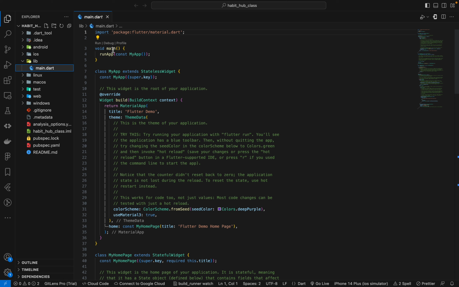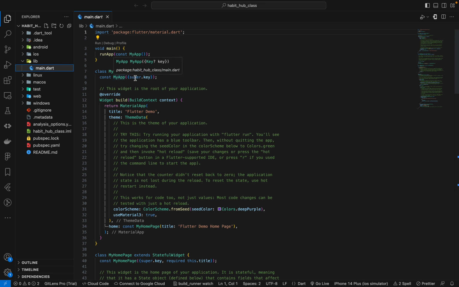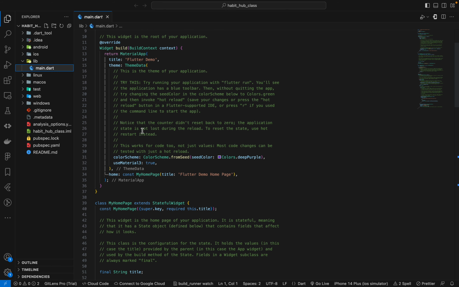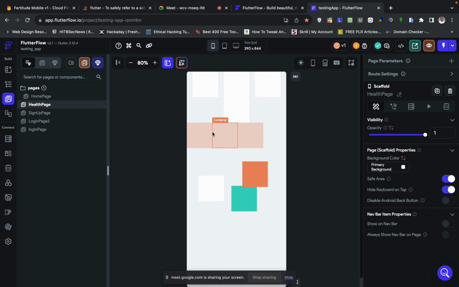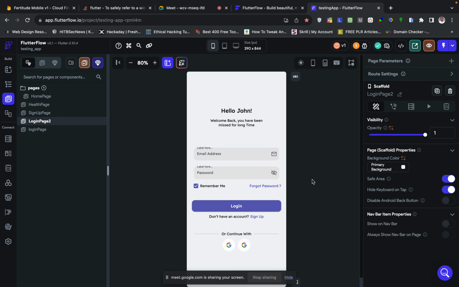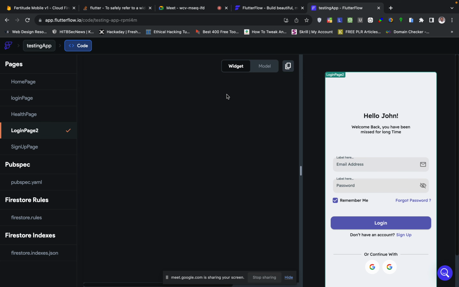So if you look at the main, we call runApp, so this function runs, and then we have a class here which is MyApp. See, this extends StatelessWidget, and this is the constructor, and then we have an override which is the build method that builds things on screen. Which is the same thing here. If you check, for instance, the sign up page that we developed here, if you look at the source code, if you view the source code here,